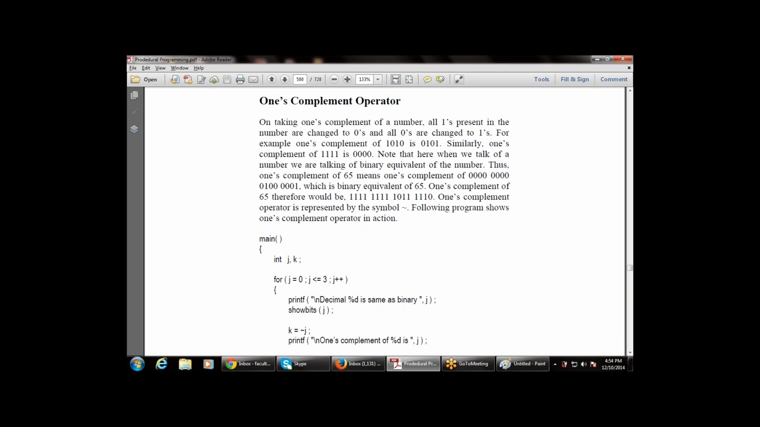Then we have studied how to get the ones complement. In simple terms, the ones complement is calculated by inverting the bits. That is, the 0 becomes 1 and the 1 becomes 0. Right. This can be done